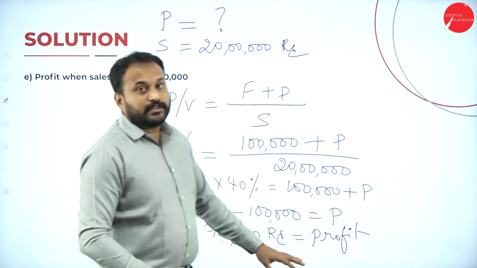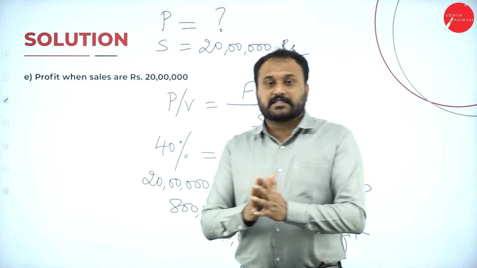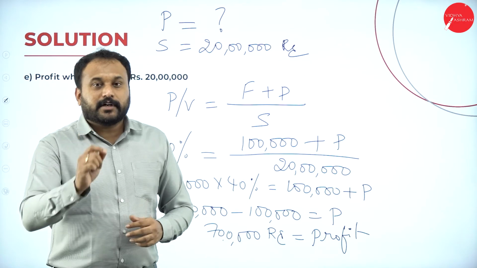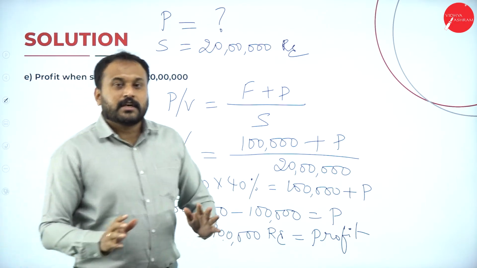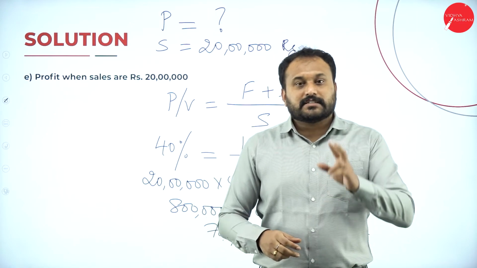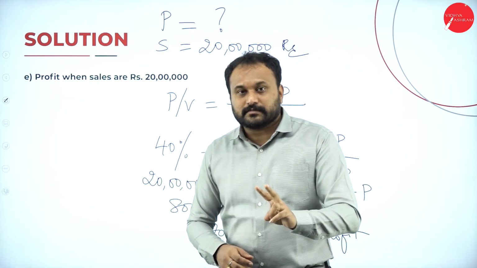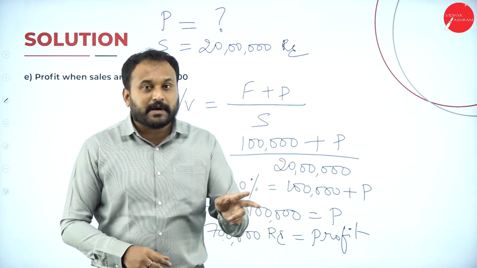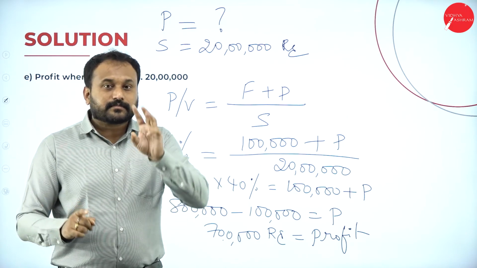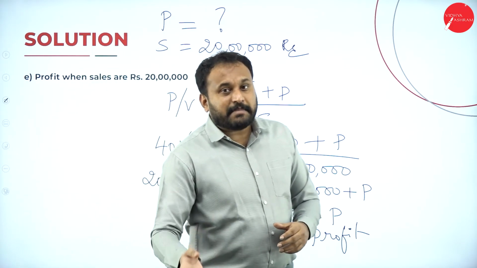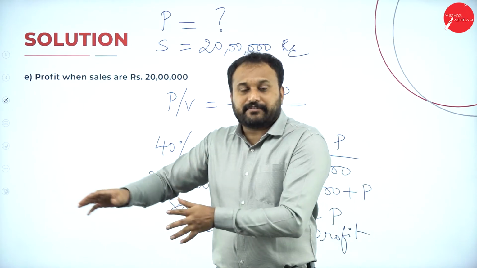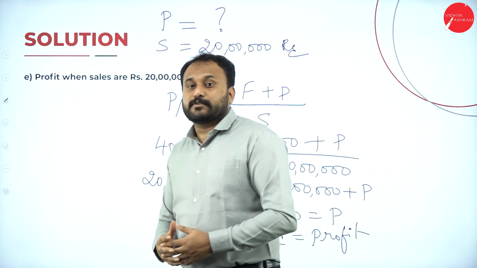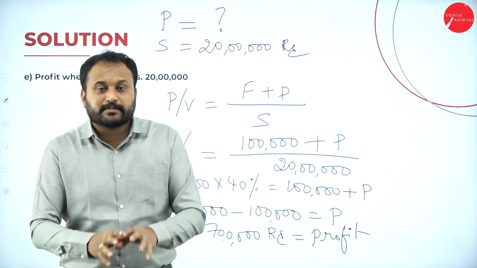So we are done with the entire problem. 15 marks within 15 minutes, max 20 minutes if you go with it. But I'll tell you, take half an hour, no issues, because in a 3-hour examination you are supposed to attempt only two 15-mark questions. Half an hour each, 1 hour for 30 marks. Next you are supposed to go with three 10-mark questions. Again, take half an hour, no issues, or 20 minutes. This is how you are supposed to train yourself, and this is how you are supposed to practice.